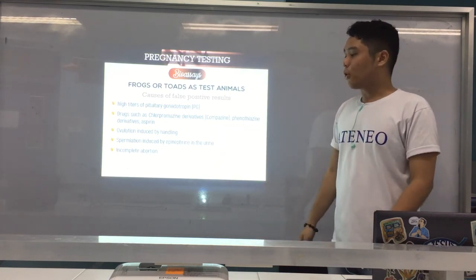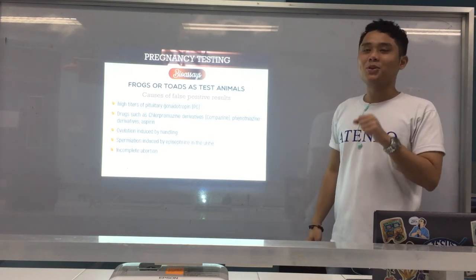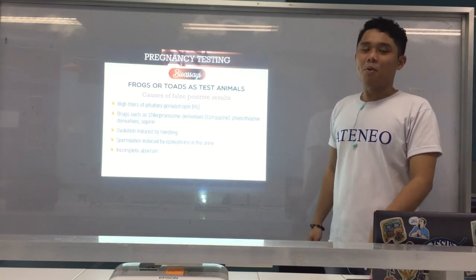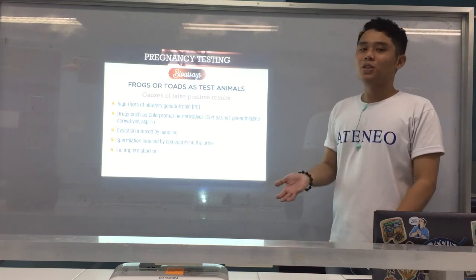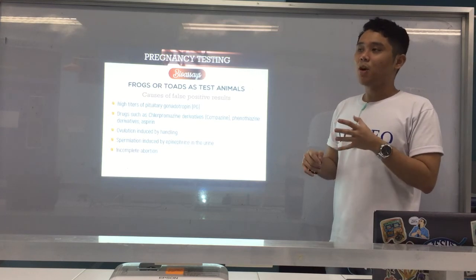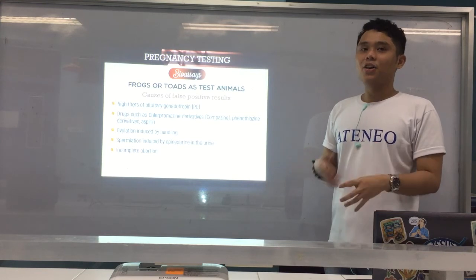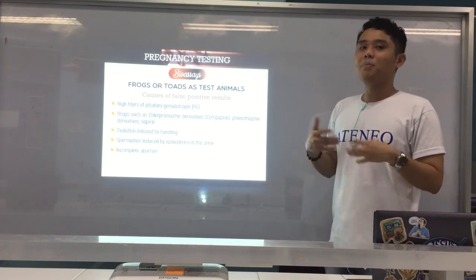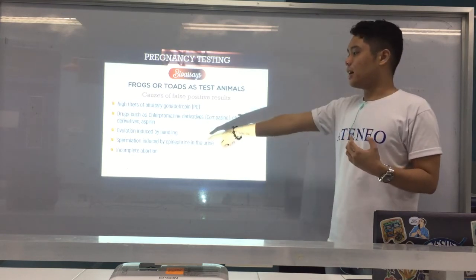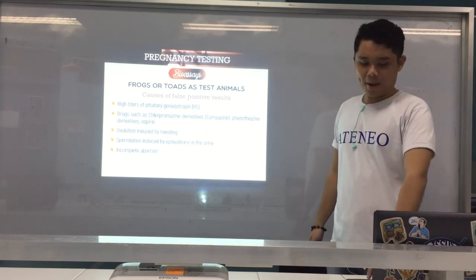And in incomplete abortion, there are still small amounts of HCG levels in the urine of your patient. So therefore, it can still induce spermiation and ovulation. For example, you got urine from a patient who is not pregnant, and then she underwent abortion. If incomplete abortion, there are still some levels of HCG found in the urine that could have induced ovulation or spermiation in your frogs. Okay. And for the false negative,